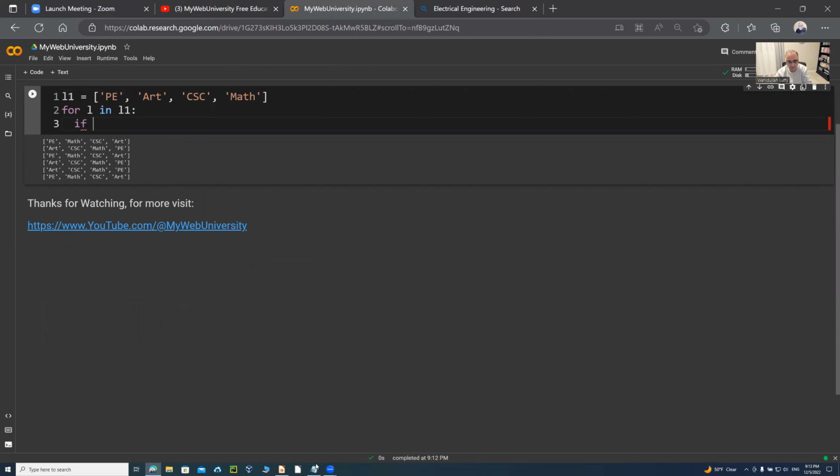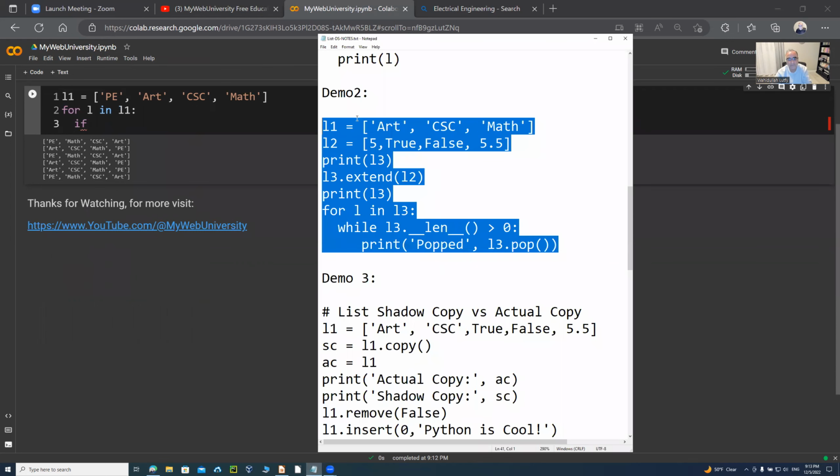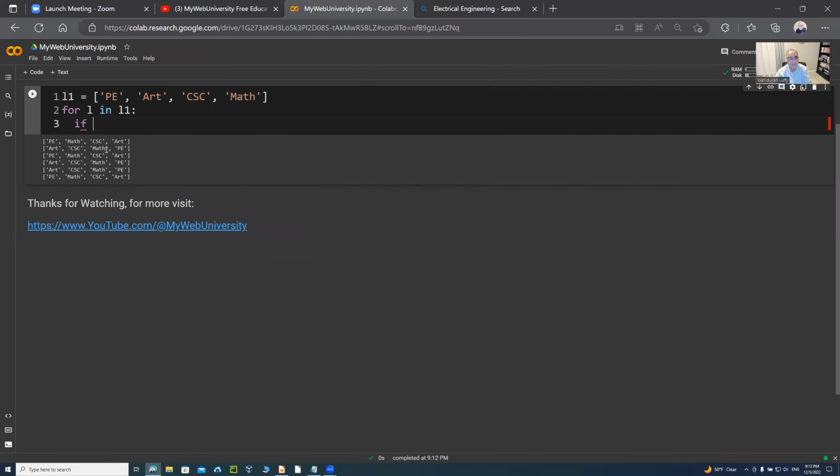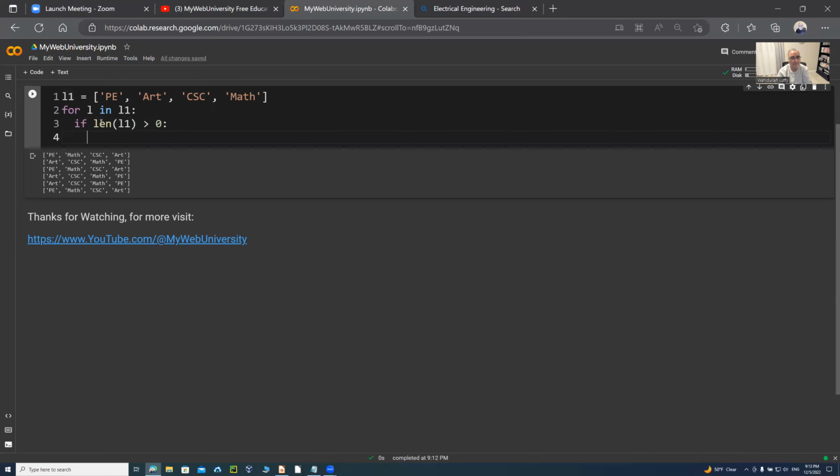Let me just see which one we covered here. We covered the double underscore length. This time I'm going to cover the length. So you can also say length of L1 greater than 0. Then say if the length of this one is there, then you're going to say print